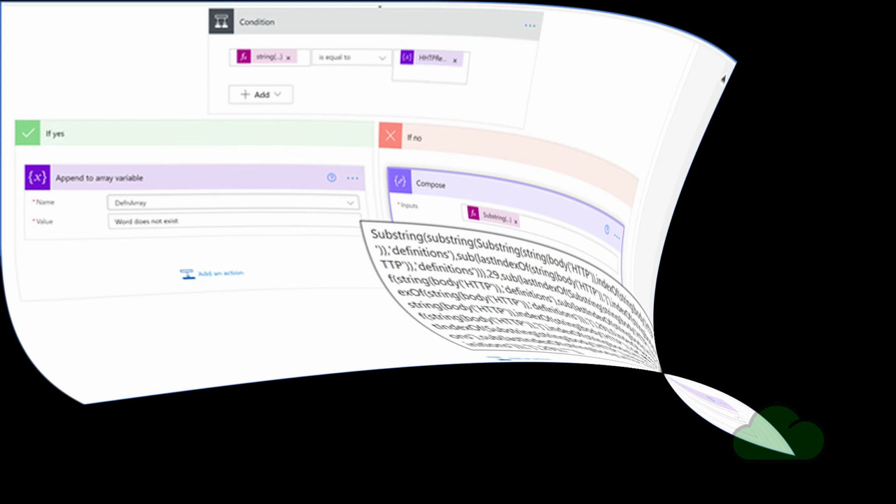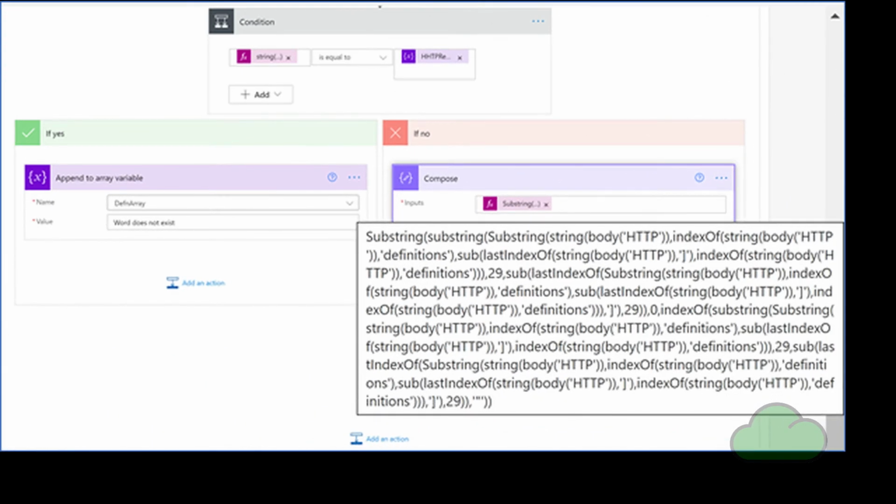If the condition is false, then a definition has been found and it is extracted from the HTTP body response value. Even though the HTTP response was in JSON format, and parse JSON connectors do operate on this response, they could not be used in this case for practical reasons. This was because the JSON syntax changes dynamically depending on the number of part-of-speech items in the JSON response. That is, the JSON changes when a definition contains an adverb, a verb, a noun, adjective, and so on. Each word has a variable amount of these, and the JSON for the 2 examples as provided in Appendix 1 and 2 in this document